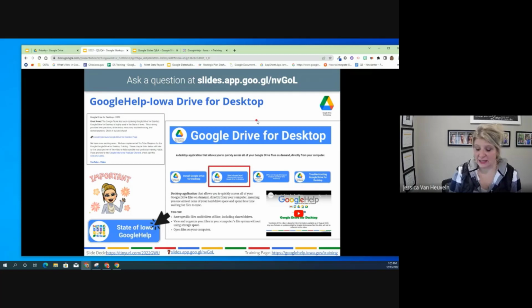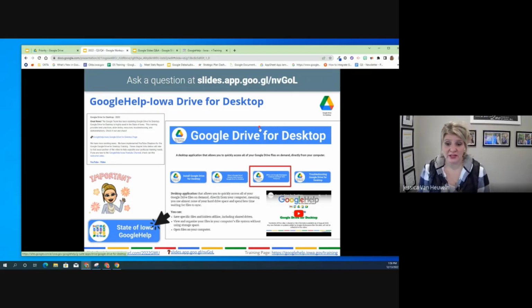The other thing in this slide deck or on this page is Office real-time presence. Google loves the idea of collaboration, collaboration, and collaboration. You've gotten that with the smart canvas, which allows people to edit at the same time. Well, we still have a lot of users that love Google Drive for Desktop and they love Microsoft Office. We're not here to tell you you can't use Microsoft Office, but you want to make sure you're reviewing those pop-ups when you're opening a Microsoft Office file that's stored in Google Drive. That's called real-time presence. So for example, if you go to Google Drive for Desktop, go to your My Drive and open a Microsoft Word file